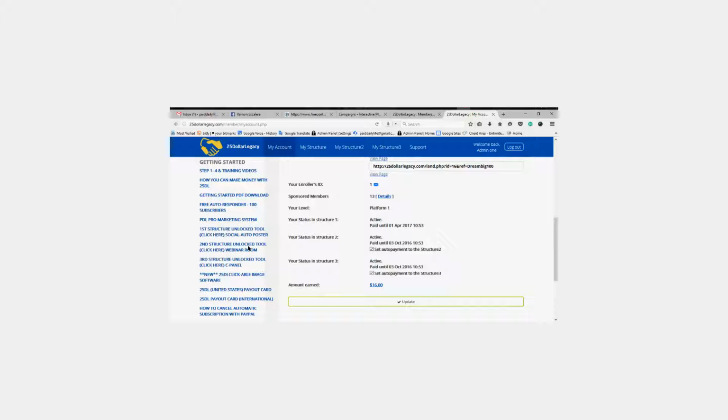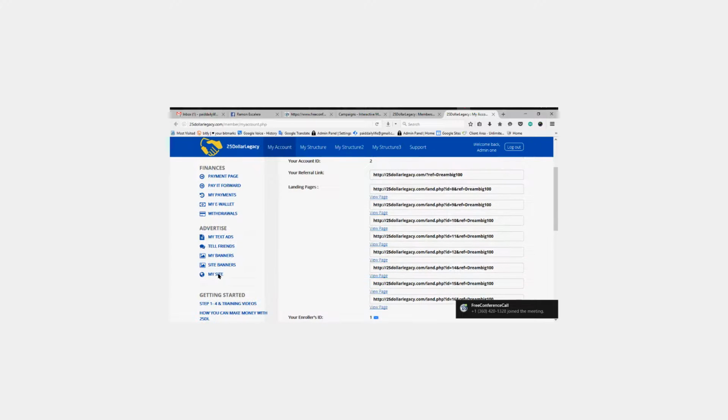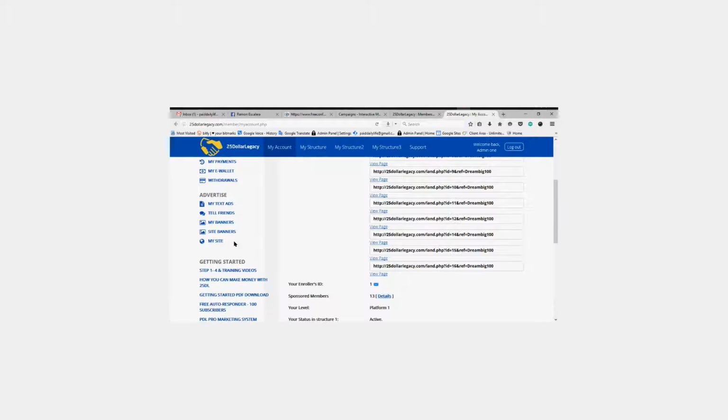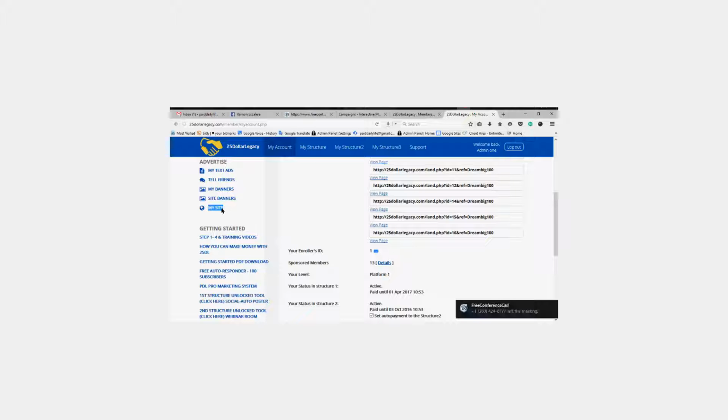Number three, the clickable image software is also here. New $25 Legacy clickable image software. You can sign up for that also here. All these features are here. The My Site is the tab right above. It's called My Site, which is located right here. And we're going to teach you how to create a My Site page, which is a sales page, which is a funnel page, which is a capture page.